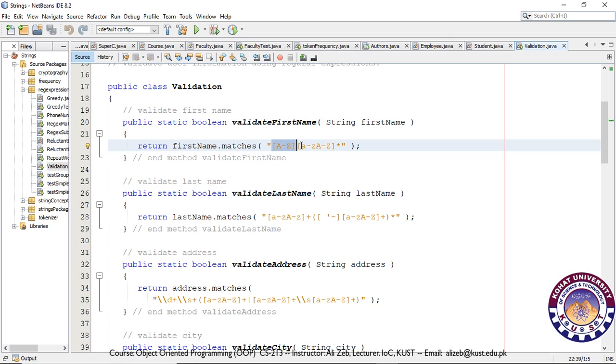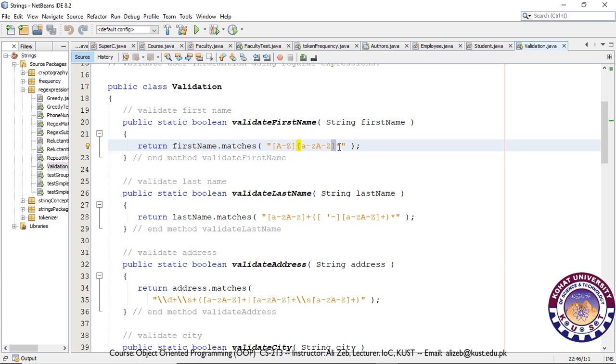That letter can then be followed by capital or small English alphabets, and now this expression ensures that we will have exactly one first letter, and the next one, we